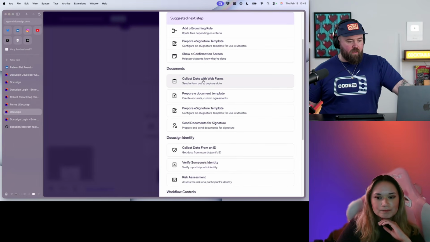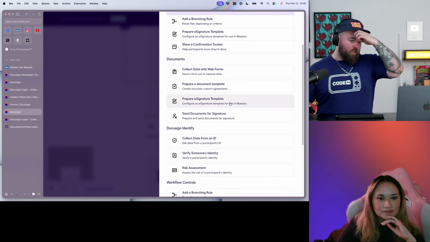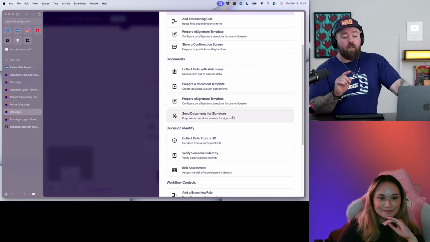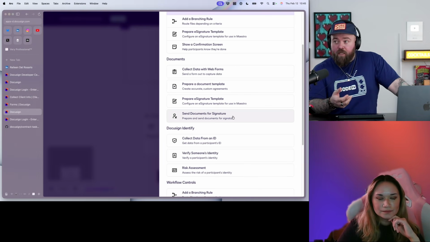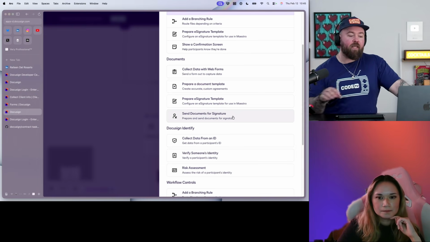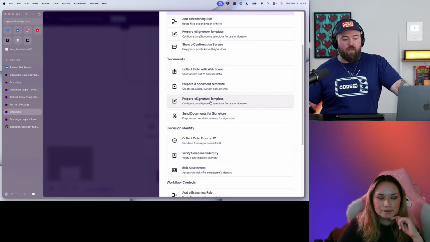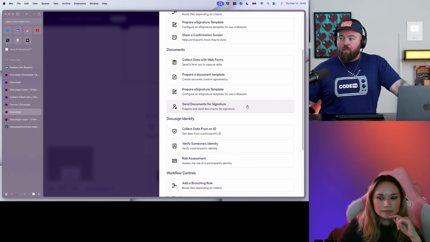So we can do a web form. We did that part. But we've also got signature templates, which is pretty cool. We can send documents for signature, which is really cool, because this is one that takes me a bunch of time. When I'm working on a statement of work, everything's ready, but then who's signing? What's their email? Does anybody need to be notified? This is the sort of stuff that I'm doing manually right now. I already have a document that's ready for an e-signature.